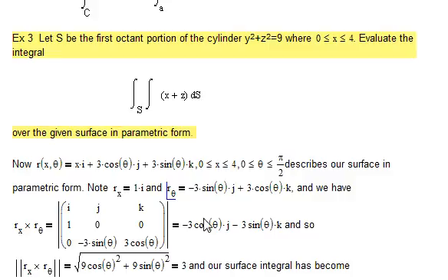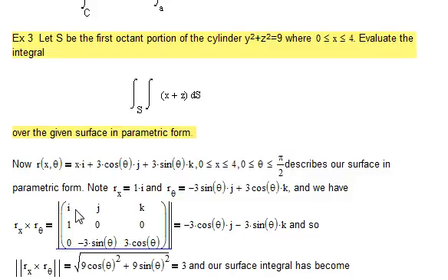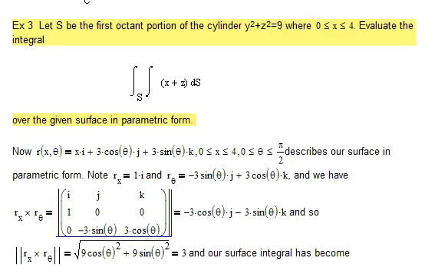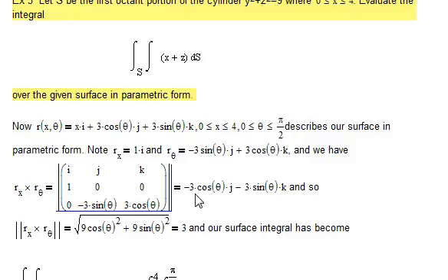And evaluating around, I guess you can see what happens is we get 0 minus 0, so that part goes away. Minus j times 3 cosine theta minus 0, so minus 3 cosine theta j. And plus k times negative 3 sine theta minus 0, so here we go. That's it. And so here is our cross product,